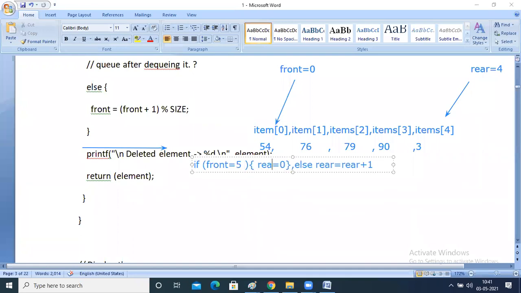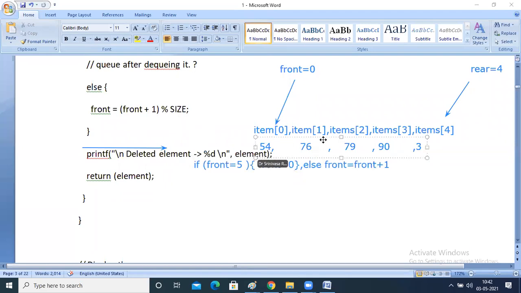Then what will happen again? What will I do? Front will be 0. I will make front 0. Else I will be incrementing the front. So this step is the differentiating part between the linear queue and circular queue. I can write like this, or I can write front is equal to front plus 1 mod size.